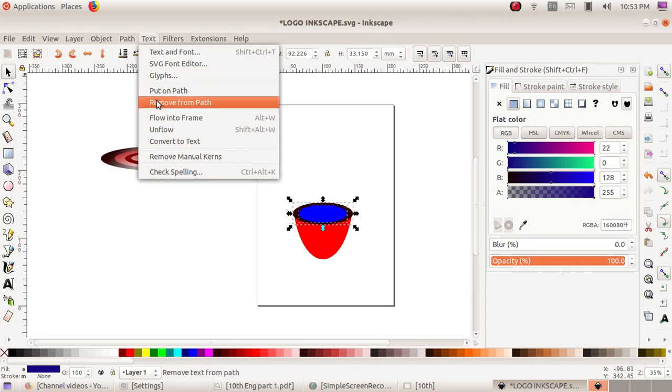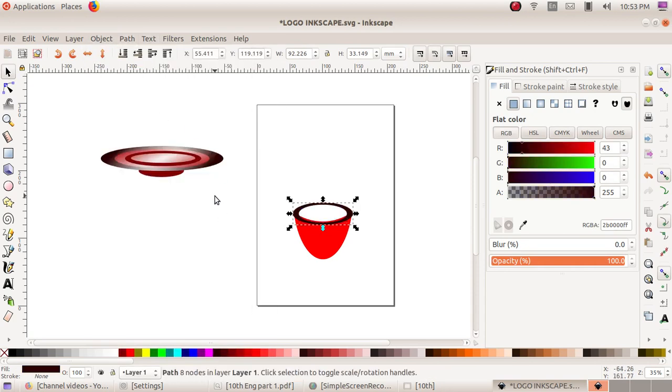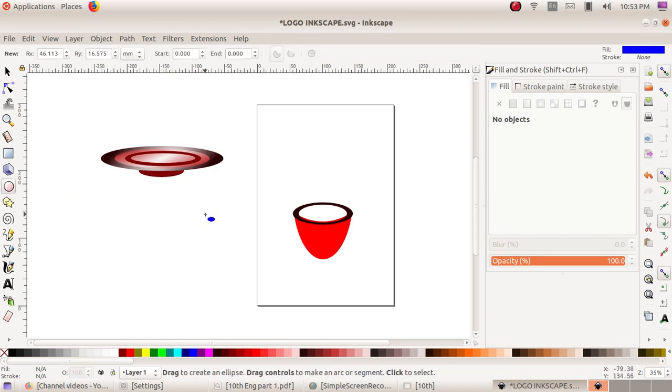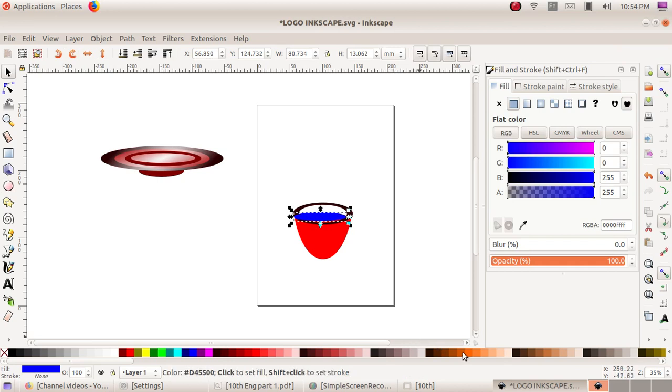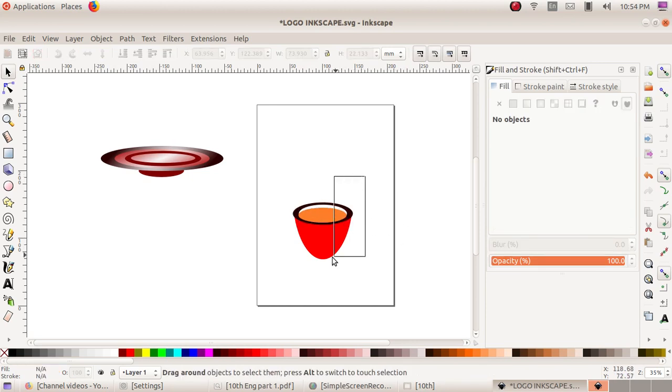And go to path and difference, right? Go to the circle menu, the color of tea, and just group that picture.